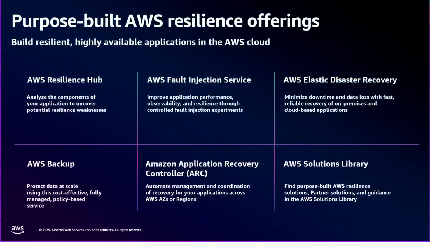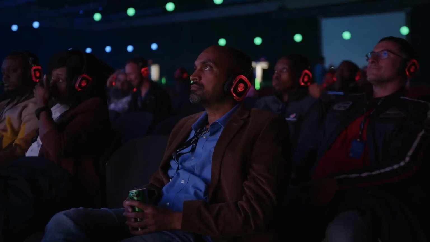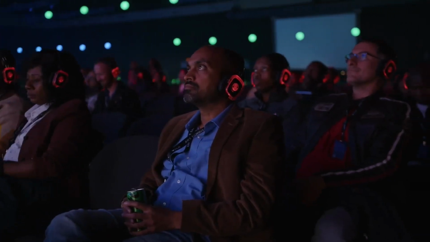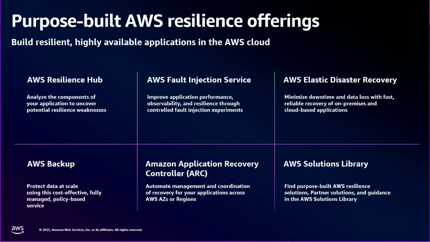There are a number of services that AWS has in its catalog to help you with this continuous resilience. An example of that is Resilience Hub. It's a service that helps you assess your applications against resilience goals that you've defined as an organization, and it would actually assess how you've configured the resources in your application against the RPO and RTO goals that you've set for that application. We've got services like fault injection, which I'll talk about quite a bit in this session, which you can use to actually test your application against failure modes that you expect your application to survive.